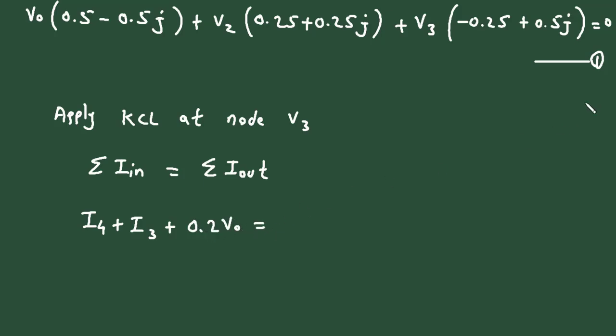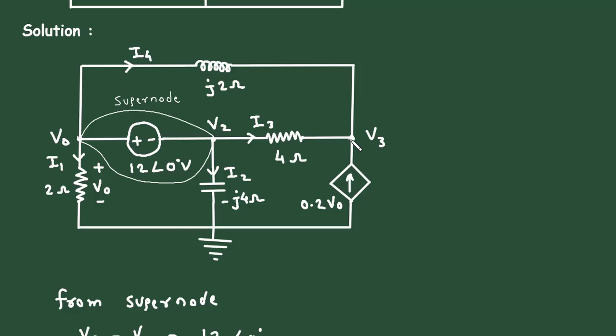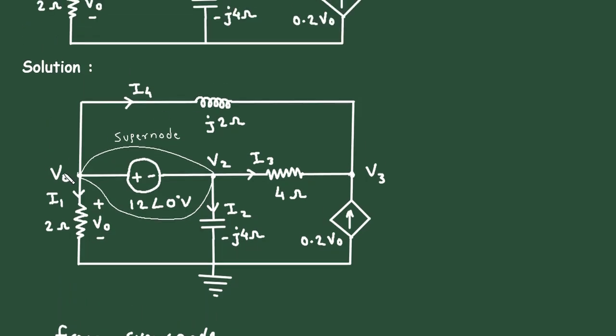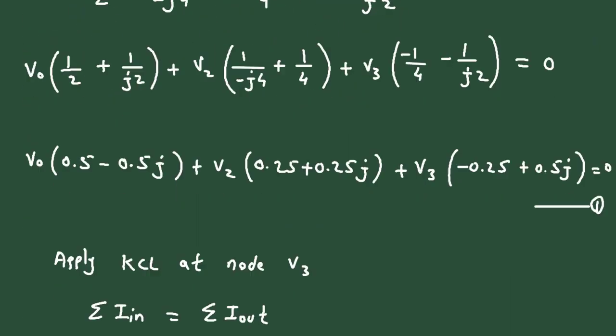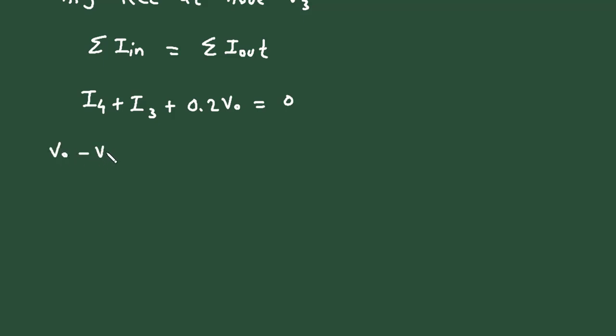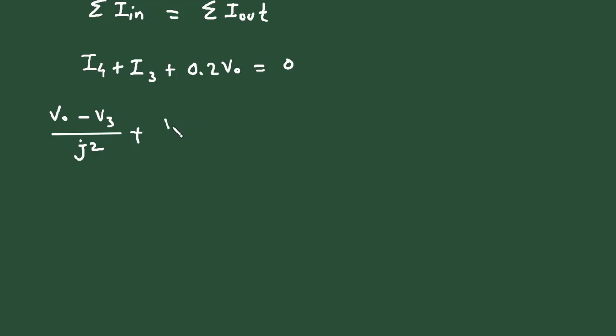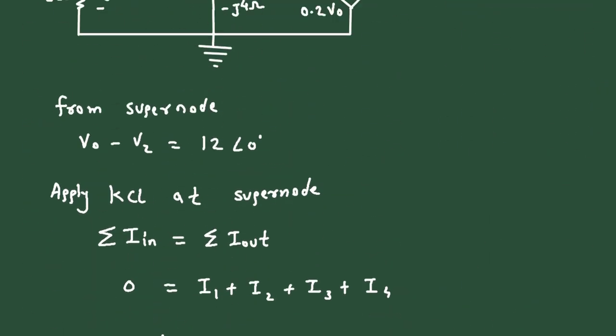0.2 VO is equal to, now leaving currents from here, there is no leaving current, so we can write 0. Now I4 in voltage form will be VO minus V3 divided by j2, plus, now this I3 is V2 minus V3 divided by 4, plus